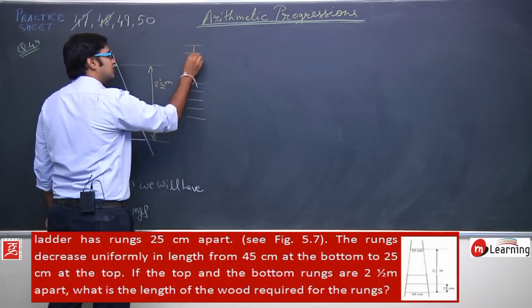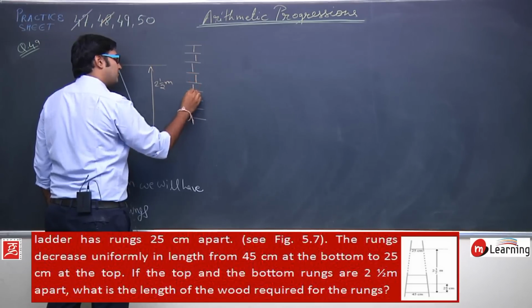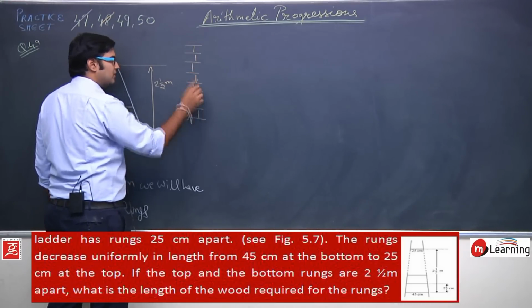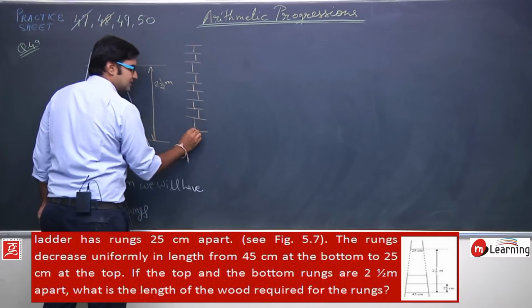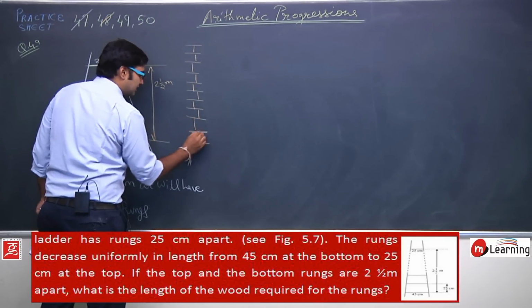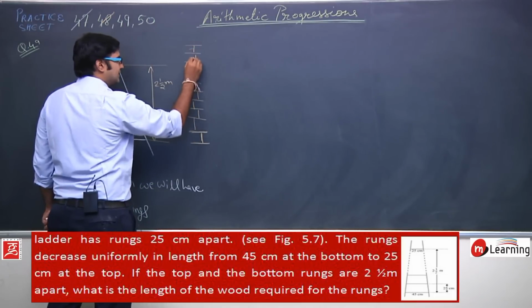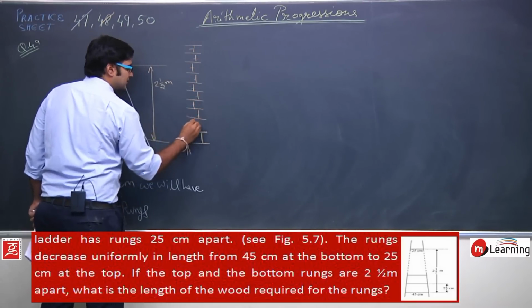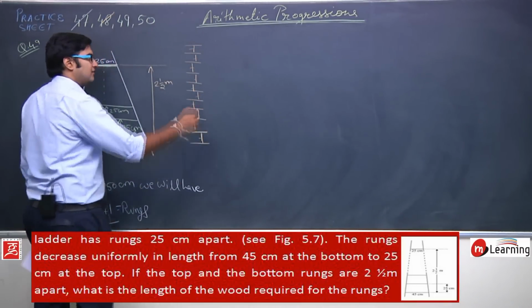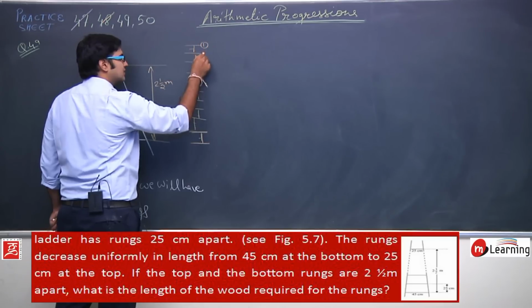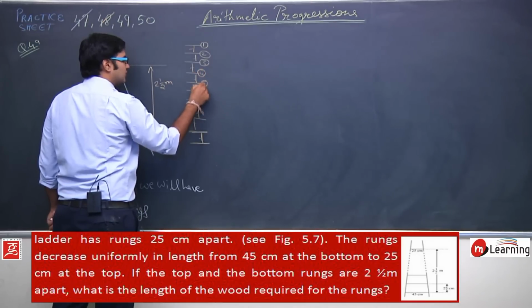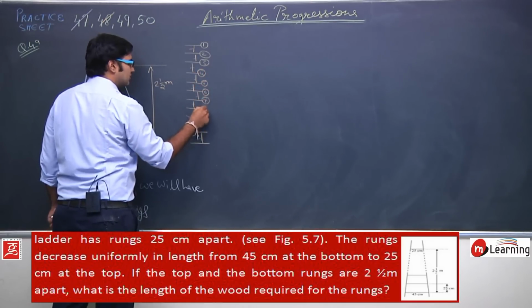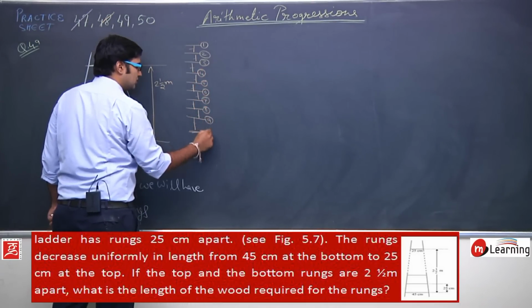So this is 25, this is 25, this is 25, 25, 25, 25, 25, 25. This is 1, 2, 3, 4, 5, 6, 7, 8. Then this is 9, and then this is 10. So these are the 10 25 meter separations, and if I calculate the rungs, this will be the first, this will be the second, this will be the third, this will be the fourth, fifth, sixth, 7th, 8th, 9th, 10th